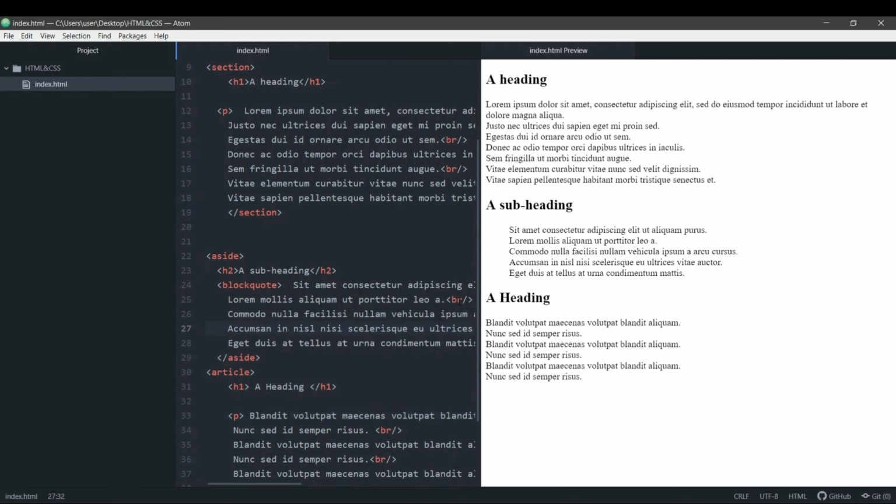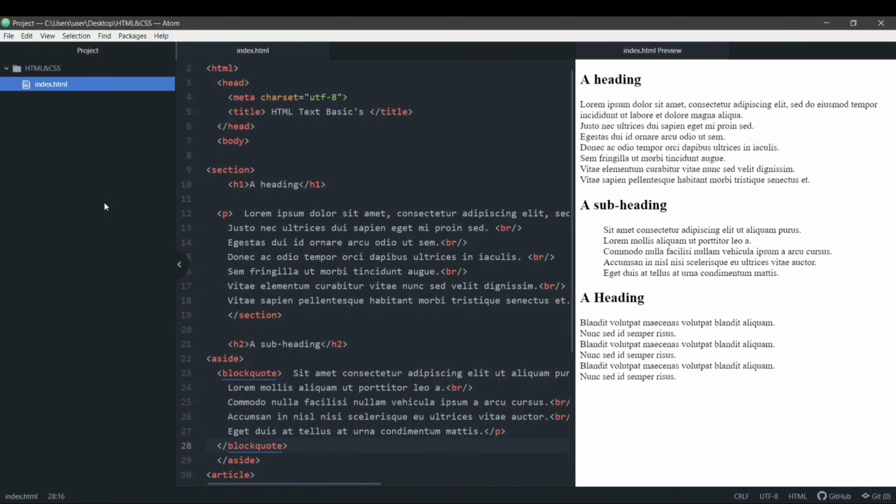Okay, so now we saw different types of heading. We saw the paragraph tag, we saw the line break tag, then we saw this section tag that is used to group elements together. We saw this article tag that tells the browser that this element does not need grouping, it is a single standalone element, standalone content. And then we saw the aside tag for the content that is not related directly but indirectly to our content.